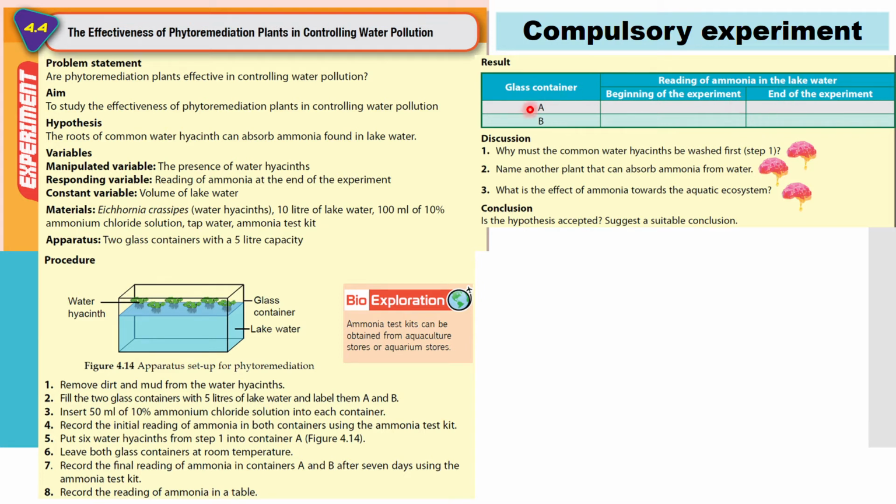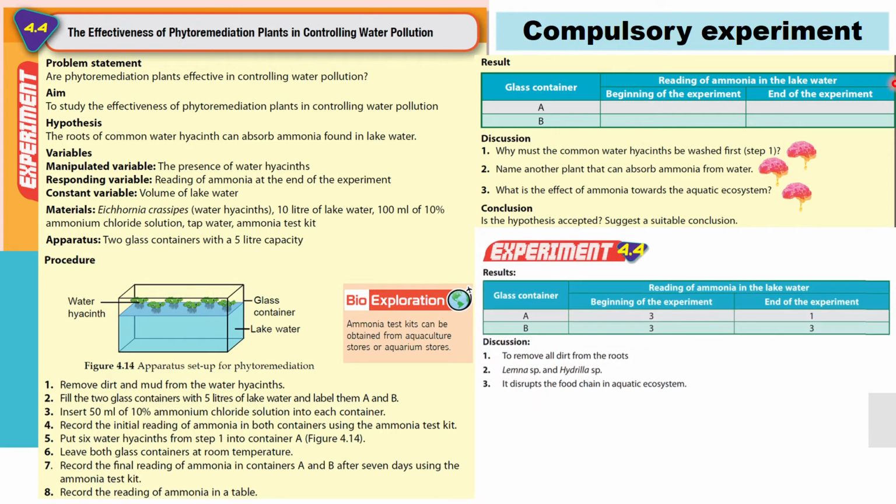So from here, glass containers A and B tell you that the MV, the manipulated variable, is the presence of water hyacinth, which is in A. Okay, at the beginning and also the end of the experiment. So what to expect? You have to ask yourself what to expect. Okay, so this should be the predicted results,